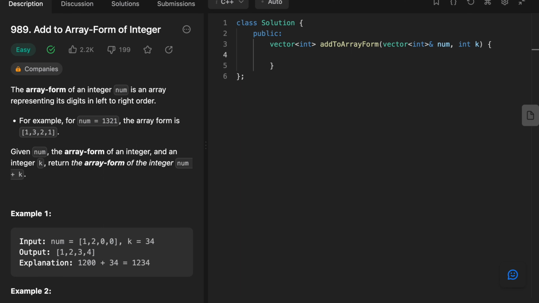Today's LeetCode daily question is 989, Add to Array Form of Integer. The array form of an integer num is an array representing its digits in left to right order. For example, for num equal to 1321, the array form is 1, 3, 2, 1. Given num, the array form of an integer, and an integer k, the array form of the integer num plus